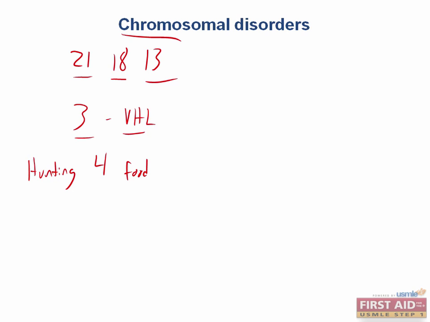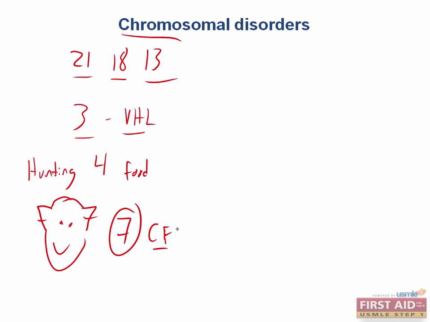I'll just do a couple more. What about chromosome 7? I like to think of the 7 as a pointy ear, which makes me think of elfin facies. And in what disease do you see elfin facies? Williams syndrome. And by the way, what's another autosomal recessive disease on chromosome 7? One is cystic fibrosis, caused by mutation in the CFTR gene. What diseases do we see in chromosome 15? Both of our imprinting diseases are here, which are Angelman and Prader-Willi.